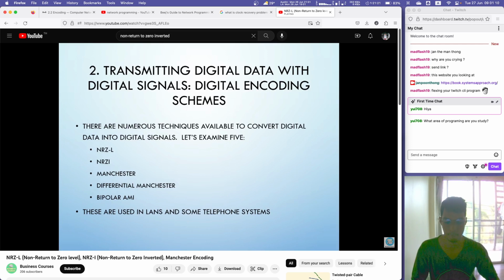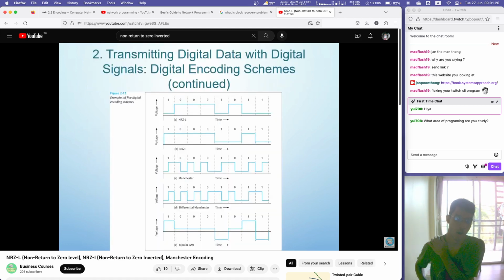The most common types of encoding are NRZ-L, NRZ-I, Manchester, differential Manchester, and bipolar AMI. These methods, especially Manchester, are mostly used in LANs and telephone systems. This picture shows these 5 types of encoding. The non-return to zero level, or NRZ,